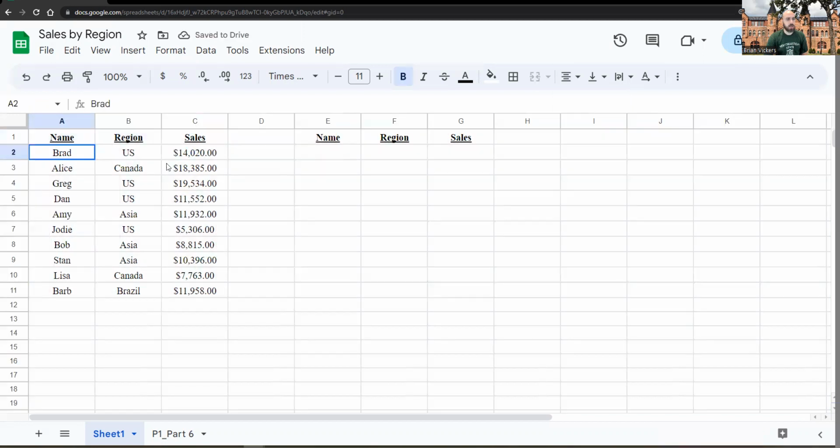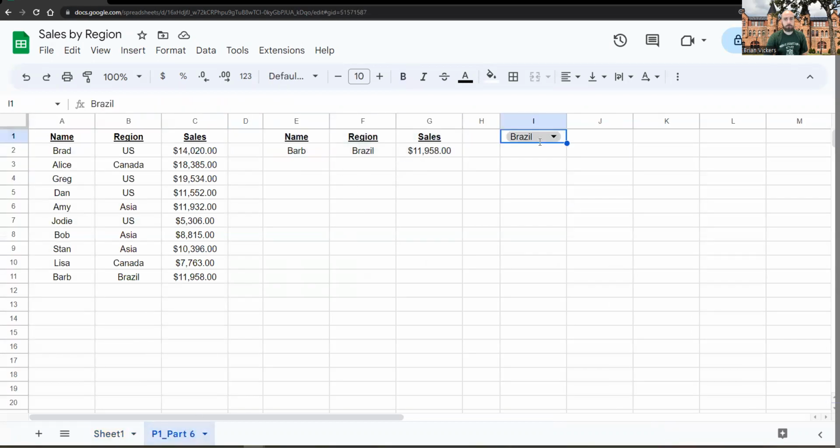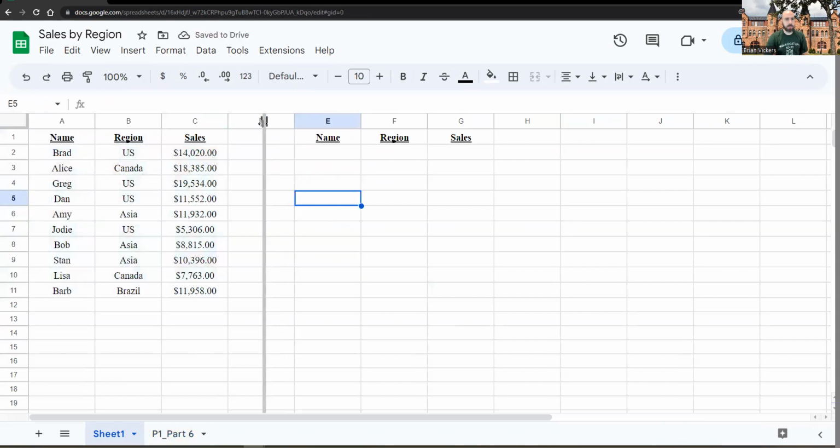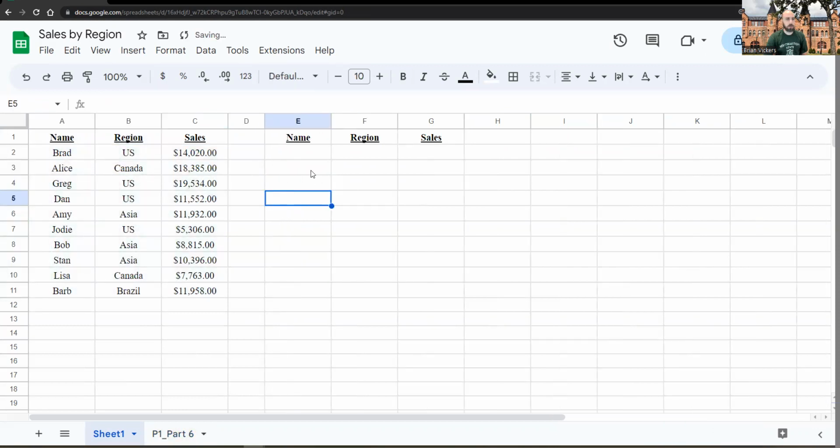I think having everything show up like this once this filter starts. So that's the start of it. We've got our formatting done. We can maybe make this width a little bit narrower, and then let's get started. So what we're going to do is write a filter formula, and that's going to start with